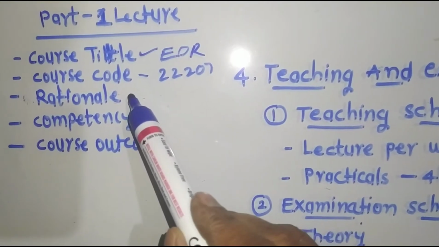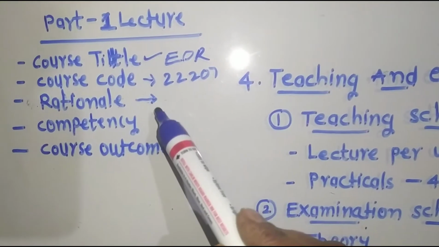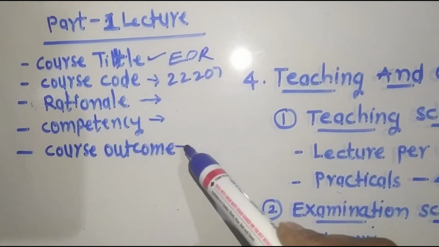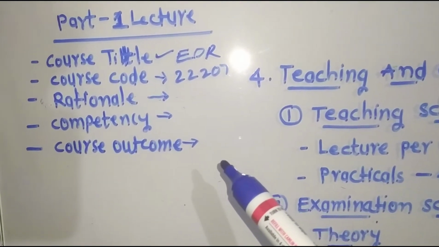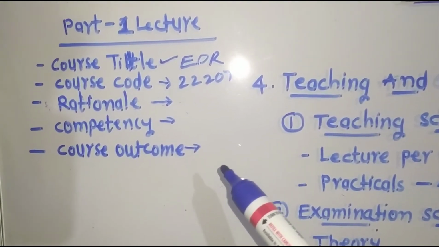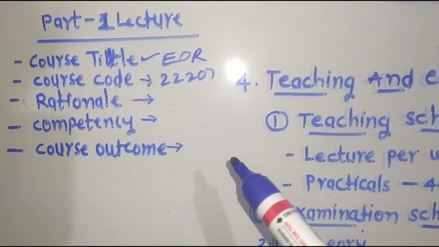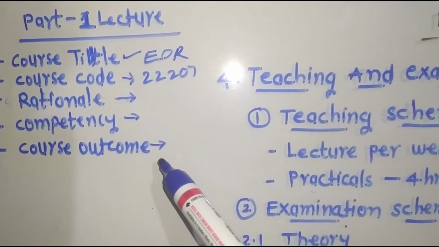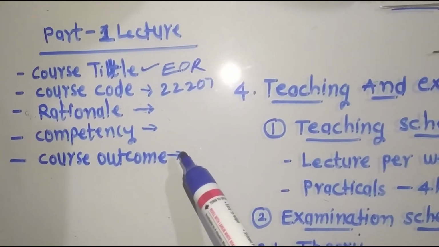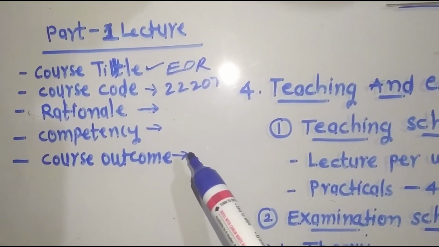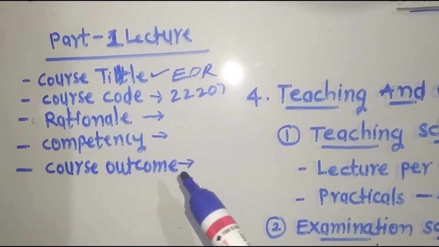22207. We have seen the rationale, how we will tackle the industry with this subject, the competency and course outcome after studying all the chapters, all the topics, all the units. Here, a lesson is called a unit: lesson number 1, 2, 3 as unit 1, 2, 3. When he goes to the industry, he should be able to draw projections of 2D, 3D, draw sectional views of objects, and draw orthographic sectional views, that we have seen in the last lecture.